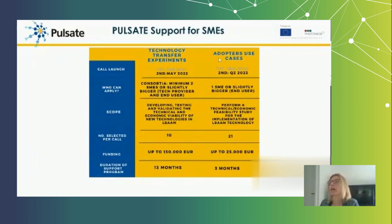And how do we align with the main objective of Pulsate, with the promotion and facilitation of the adoption of laser-based technologies? And how do we align with the greater goal of I4MS, so the digitalization of the European manufacturing industry? In Pulsate, we do that through our open calls. We have 2 modalities in our open calls, so technology transfer experiments and adopters use cases. These are 2 different programs. They differ, let's say, in the scope, length, funding available as well, but they answer exactly